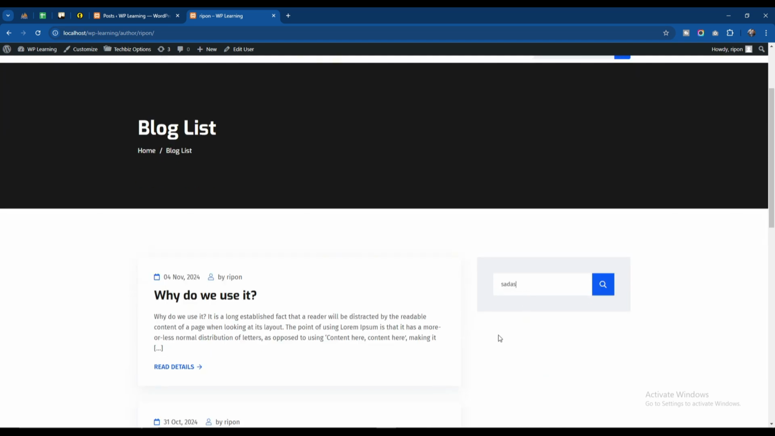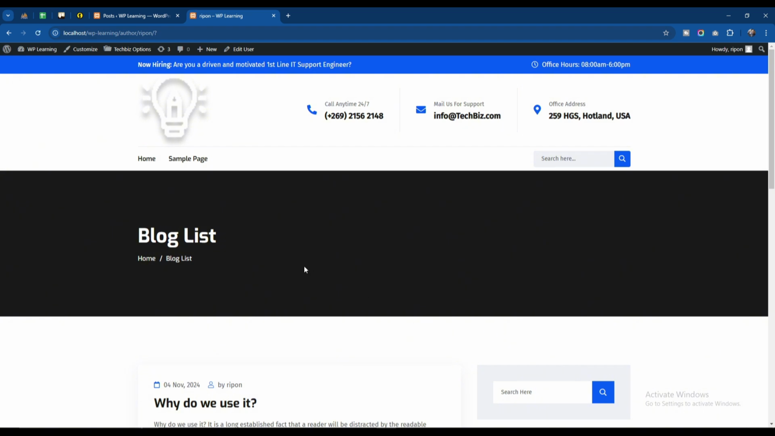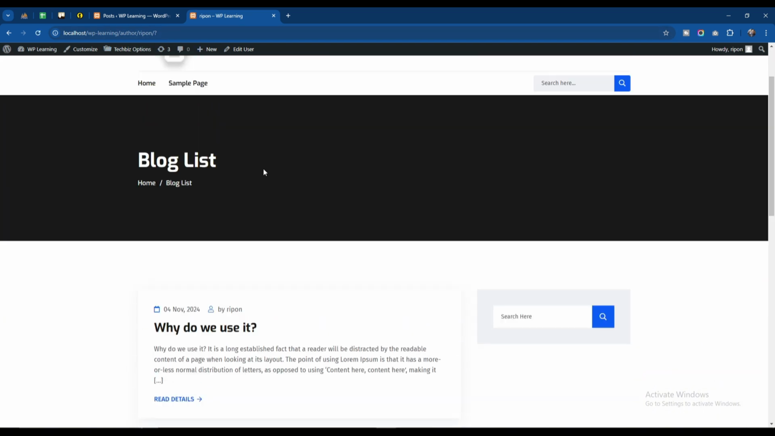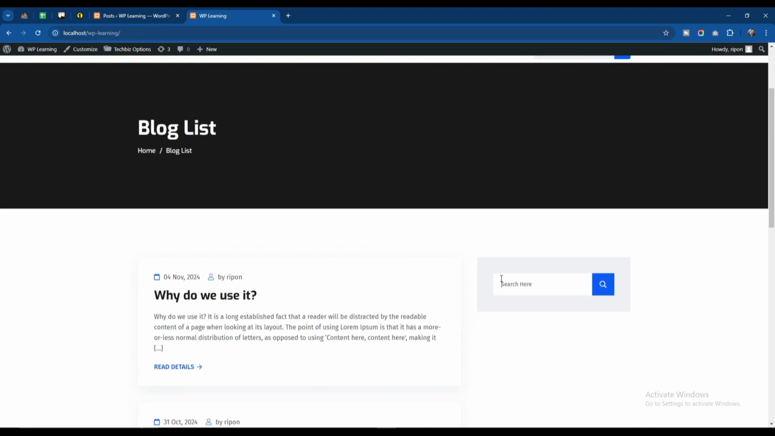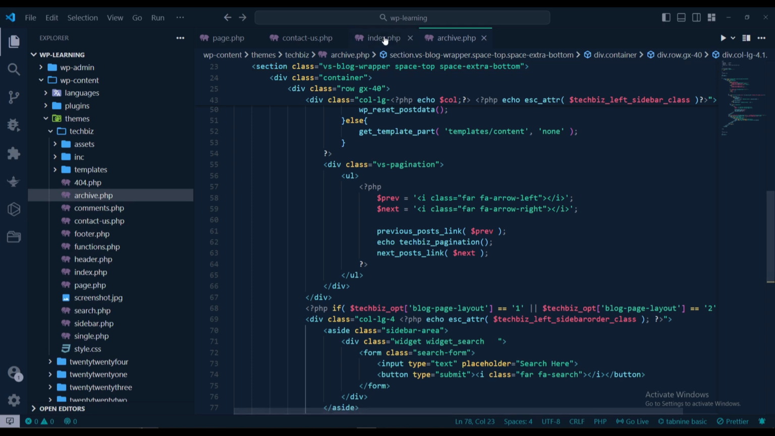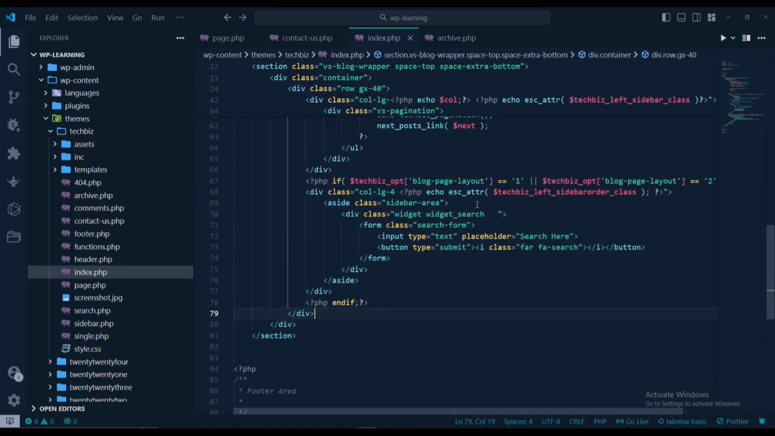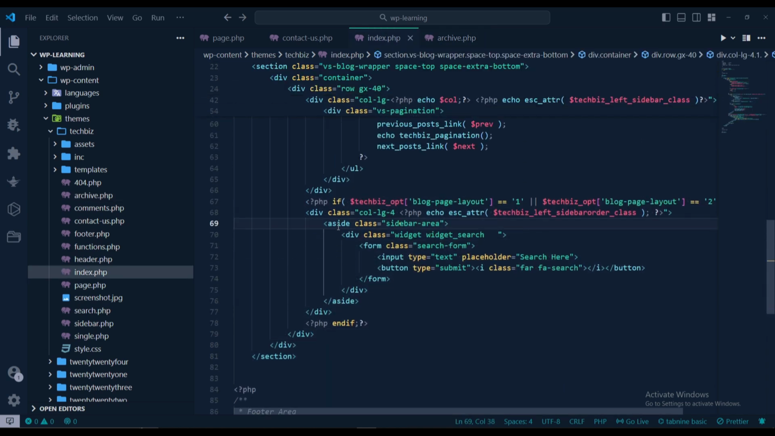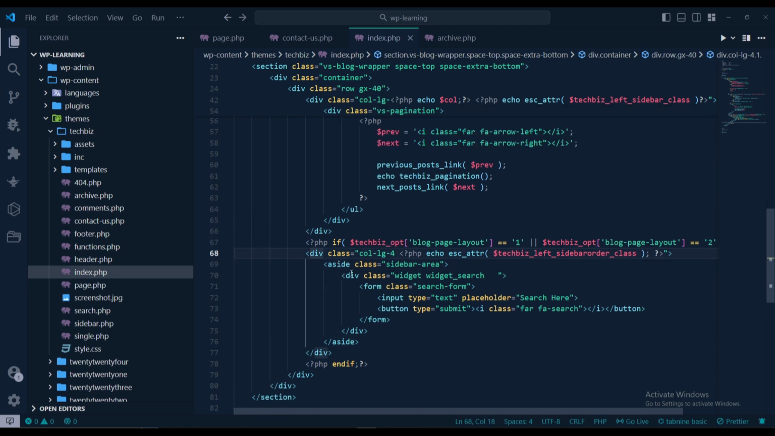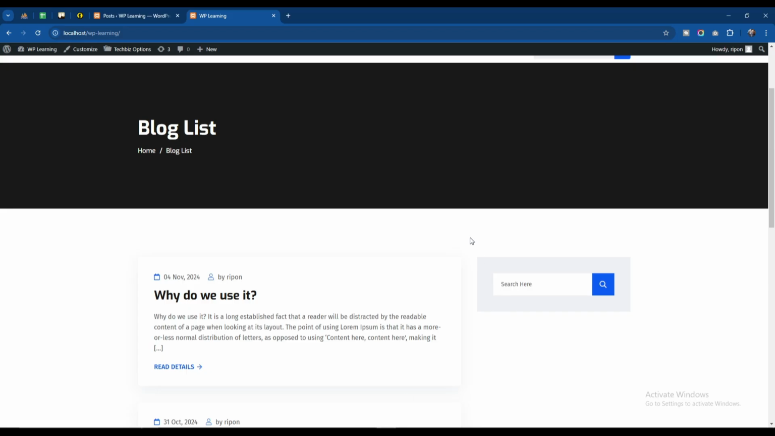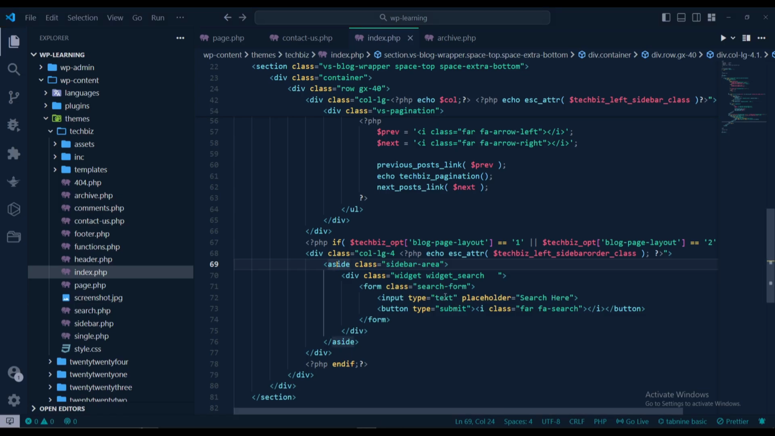Now if I search something, there will be some content for it to work with. Now this form is coming from index.php, as you can see here, and this is the search form that is available. Though you can make it dynamic from the widgets, if you make it static and don't want to do anything like that, then you can also use this one. So if I go and make this one dynamic,